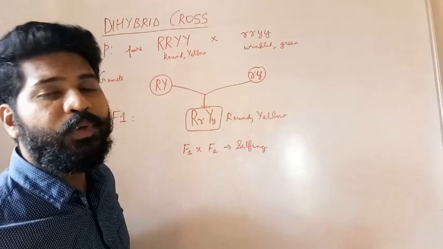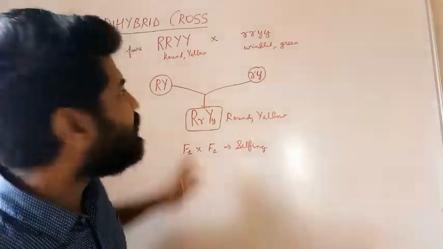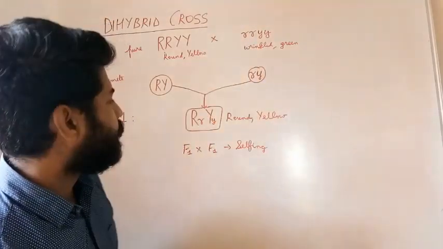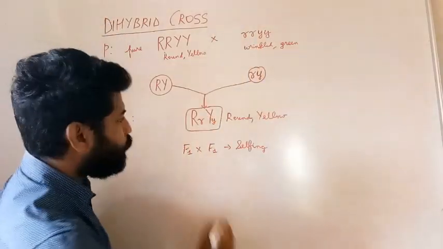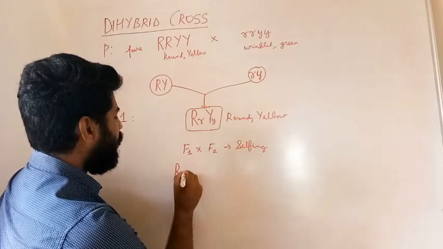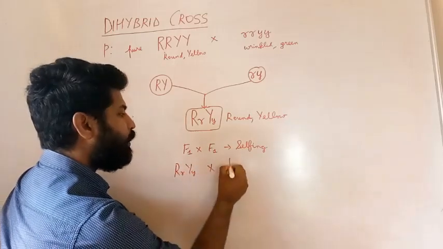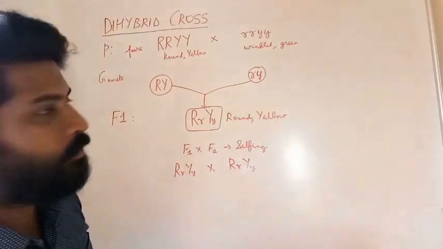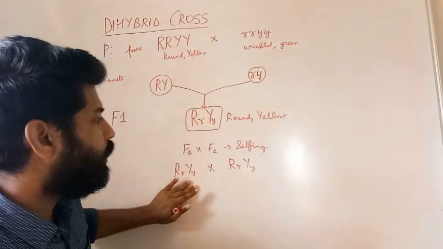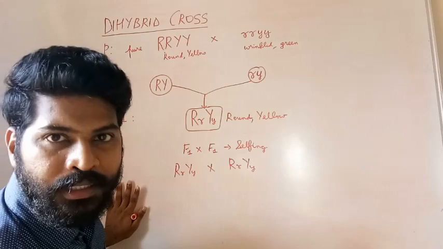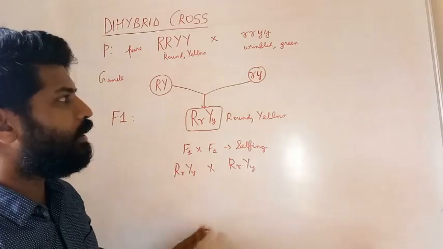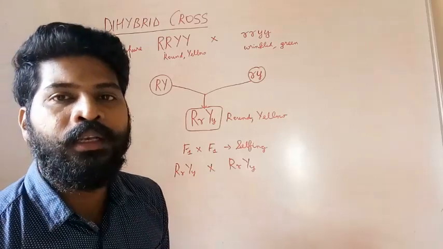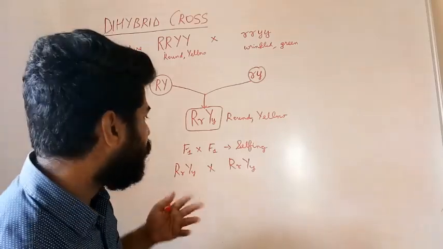All these are exactly the same as the monohybrid cross. The only thing is that there is one additional pair of traits. That is it. F1 into F1. So F1 is RrYy into RrYy. Now this will produce the gametes. That is what we will represent in the form of Punnett's square, which is the graphical representation of all the